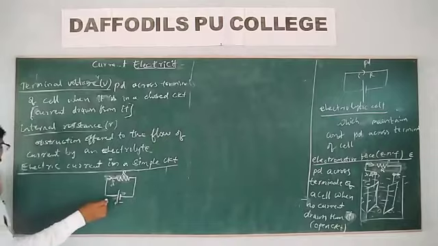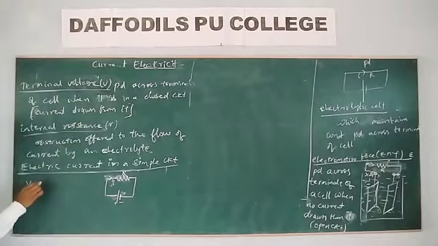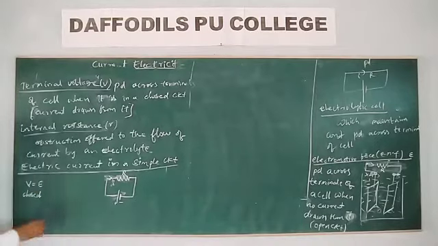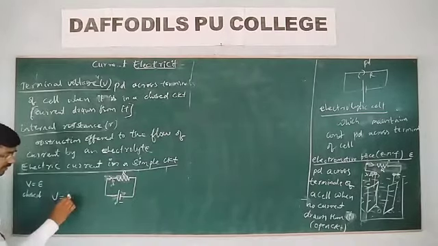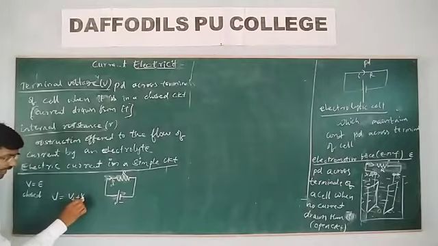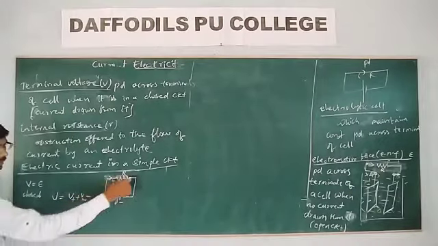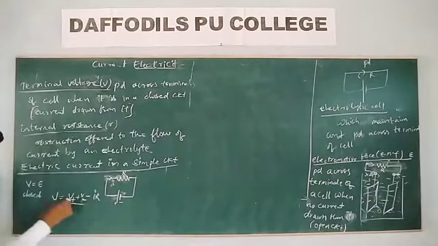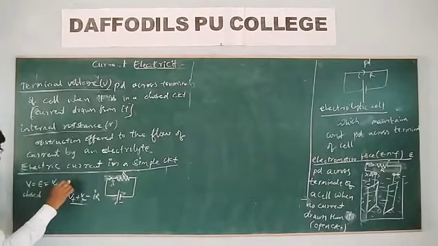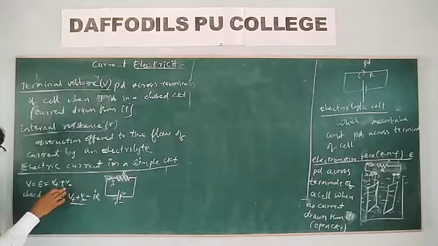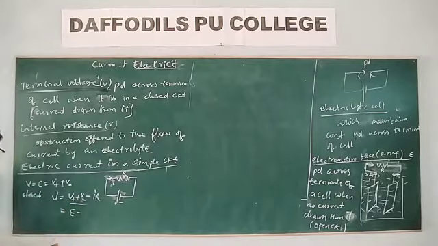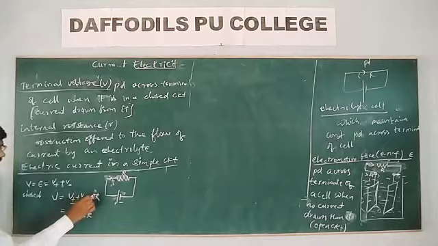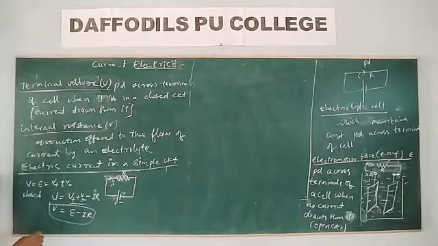Now whenever the cell is in open circuit, what do you know? Potential difference is nothing but the EMF. But when the cell is in a closed circuit, what happens? Then the potential difference is equal to the potential difference across this one, V plus minus V minus. Here the potential difference we need to see is I into R. But we know V is equal to V plus minus V minus, which is nothing but E. Then V is equal to E minus Ir, the terminal voltage.